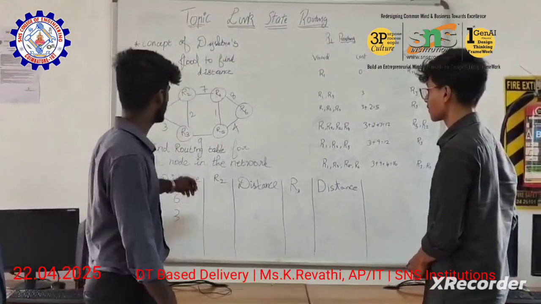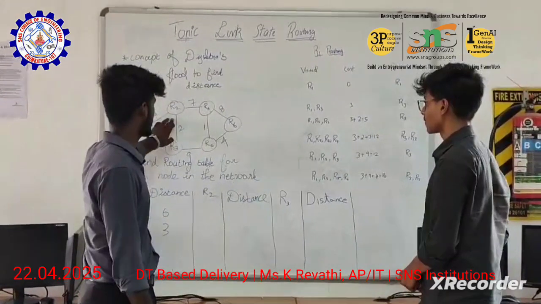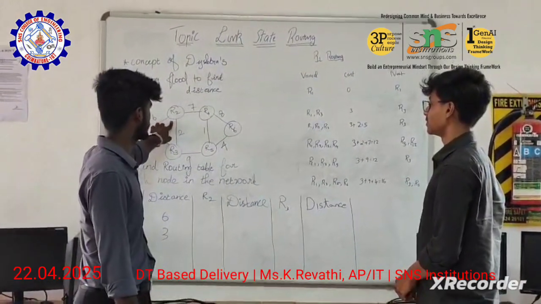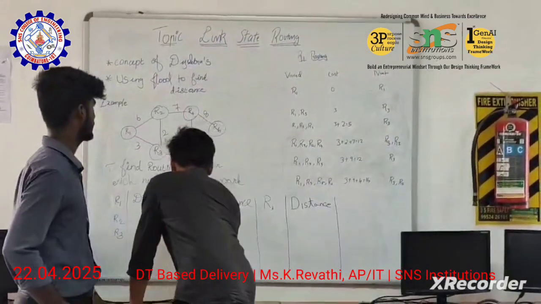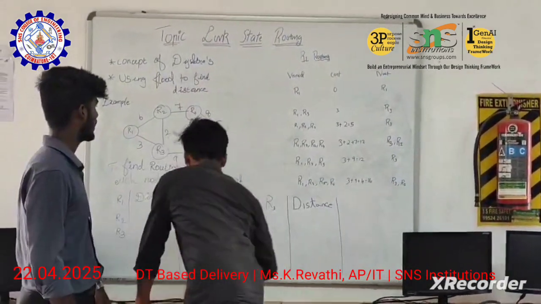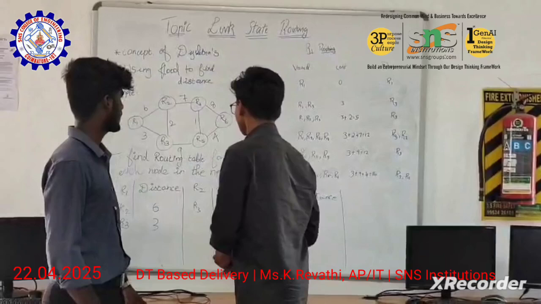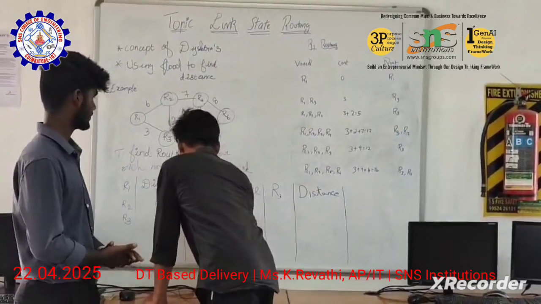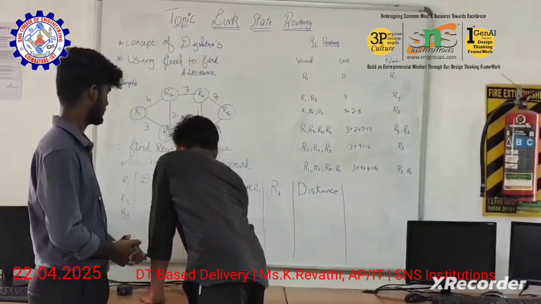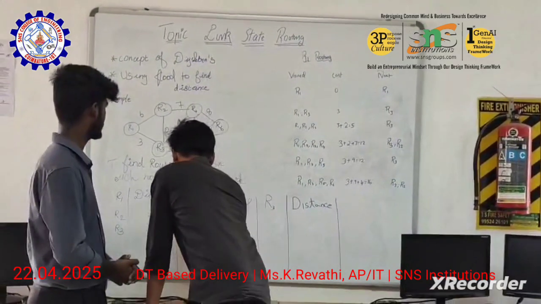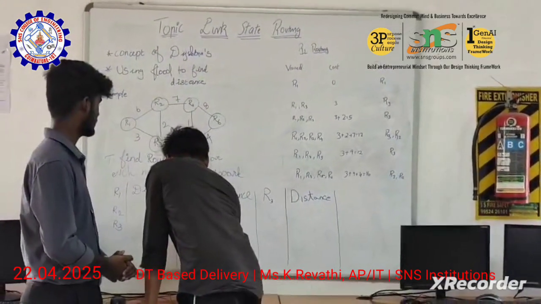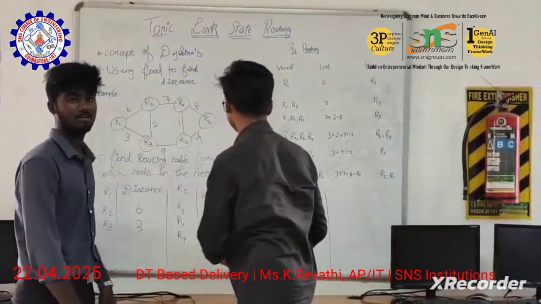So, the adjacent nodes for root node R2 are R3, R4 and R1. The distance for each are